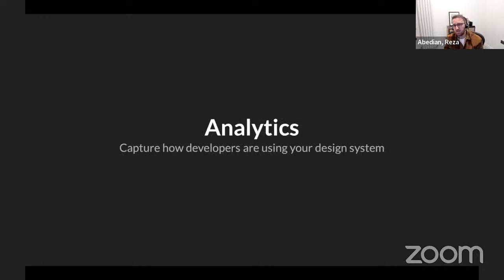And finally, analytics. Because we're an internal design system, we've been able to implement analytics in a way that perhaps you wouldn't be able to if it was an open source public component library. So we actually scan for the usage of our component code in various apps, and we upload it to a central place. So at any given time, a tech person or a UX person or a product person can check every occurrence of those code components and understand what context they're being used in. So what page, which component is it nested in, which props are they passing in, which combination of props are they using.